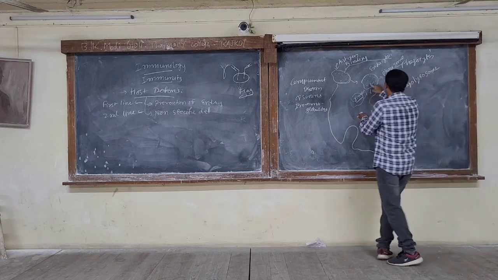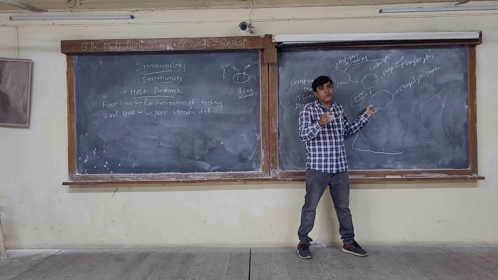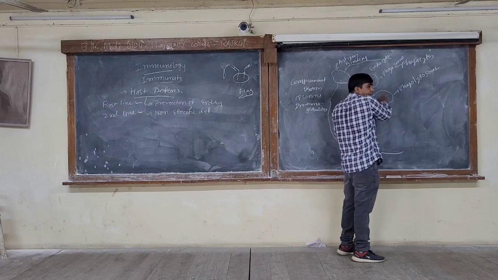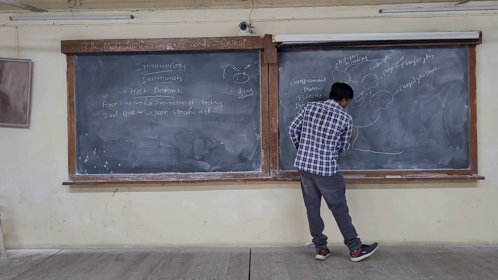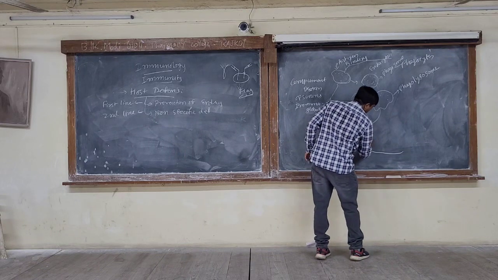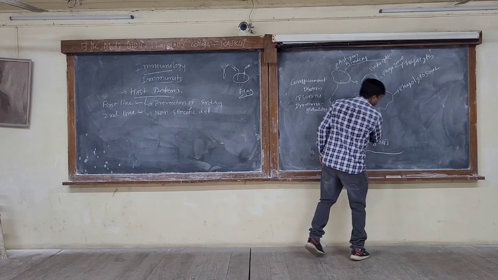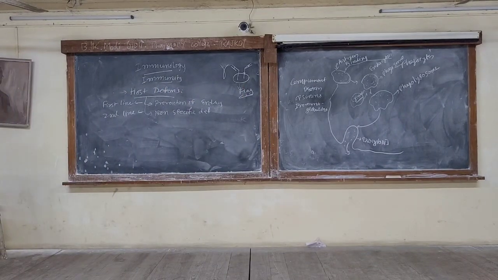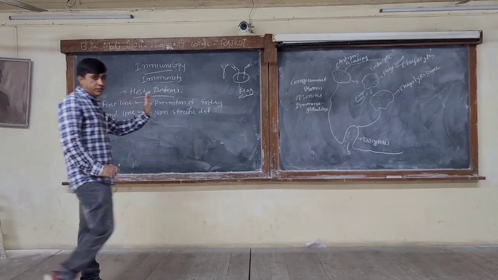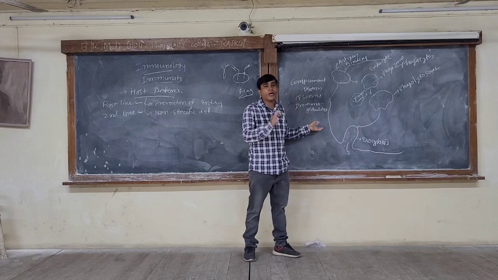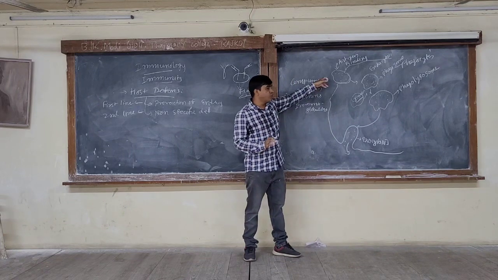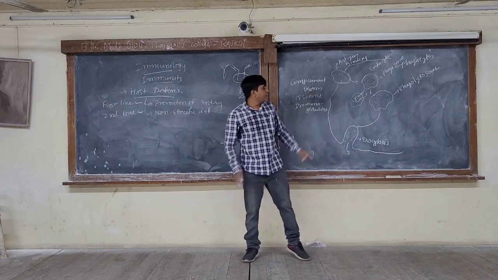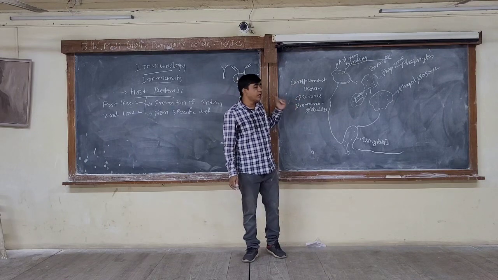These lysosomal enzymes will cause the lysis, that is the breakdown of these cells, and they will totally neutralize or break down the antigen, and then it is thrown out. That is called exocytosis. So this is the entire cycle of the killing of microorganisms, that is antigens, by the phagocytes. The entire process is known as phagocytosis. Phagocytosis, starting from binding, fusion, and exocytosis. Clear? And that is facilitated normally by the complement proteins, opsonins, and immunoglobulins.